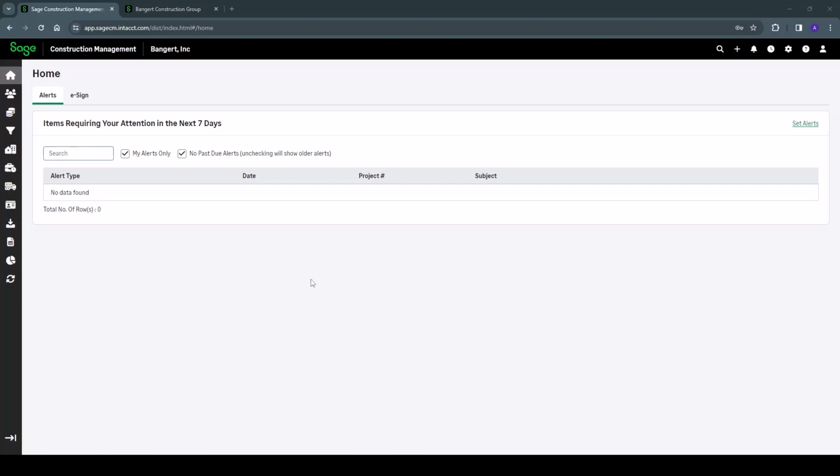On the integration front, two changes have been made. Integration or mapping between project classifications, departments on Sage Construction Management side and departments on Sage Intacct side. And secondly, there is a mapping ability now between task schedules or task groups on a cost type level to the task groups or schedules over on the Sage Intacct side. So let's have a look.